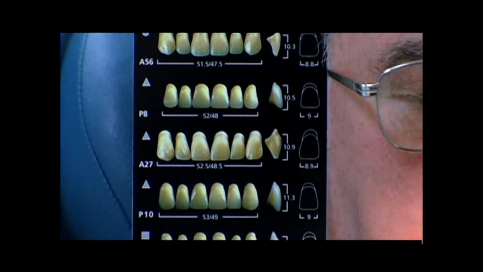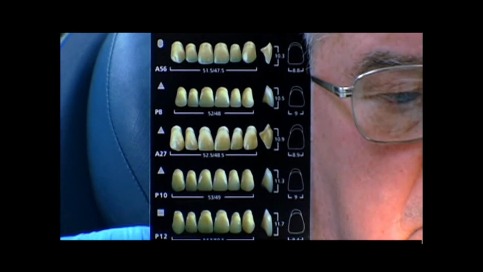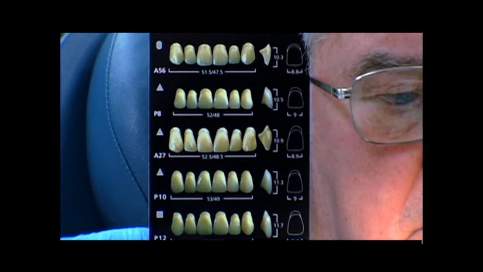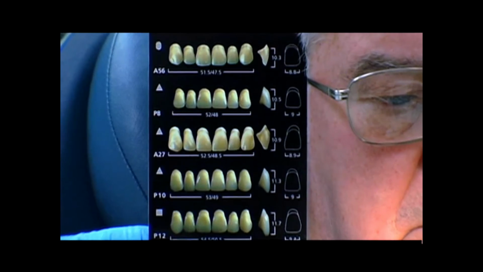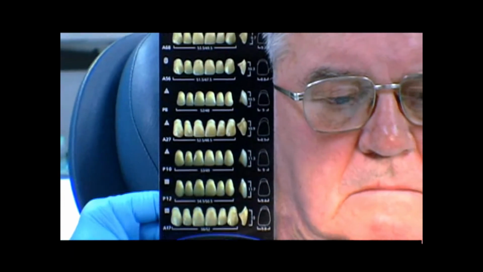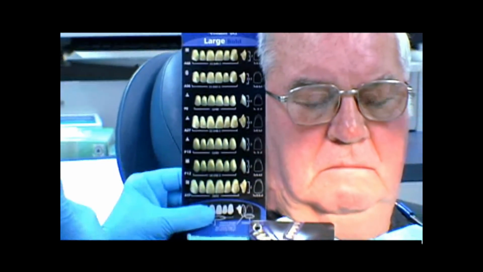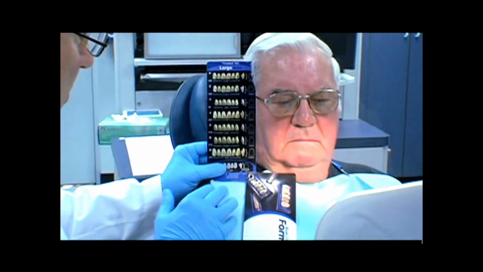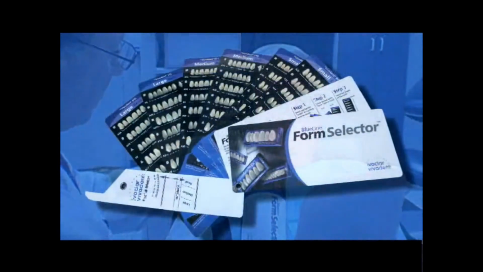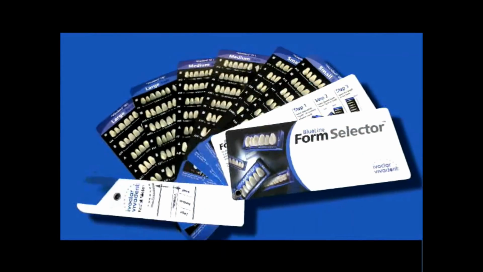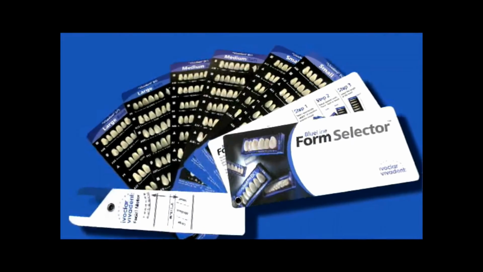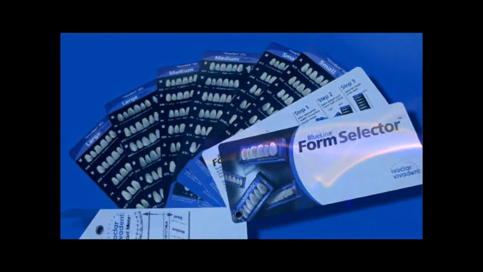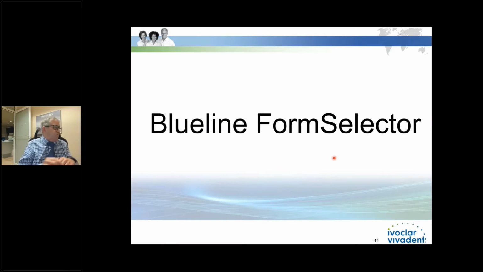The teeth on the card are arranged from short to long, and each mold has some variation in form and surface characteristics. The tooth mold selected for this patient was of medium length, and the patient and dentist approved the characteristics of this particular mold. As you can see, the form selector greatly facilitated the tooth selection process. The patient and dentist certainly have the opportunity to review the selected teeth once again when they have been set in wax for the try-in procedures. With the blue line form selector,